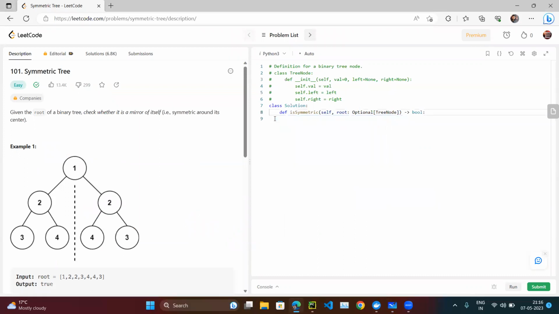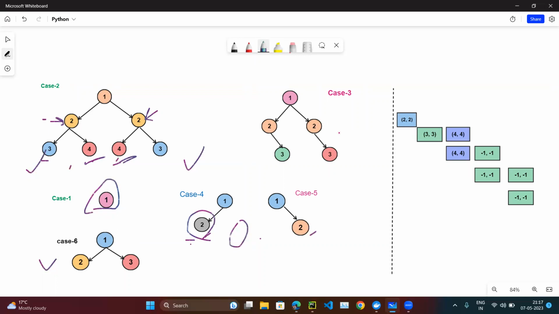Let's try the iterative approach. The iterative approach is also very easy. In the iterative approach, what we have to do is, we will consider, let me rub this. What we will do is